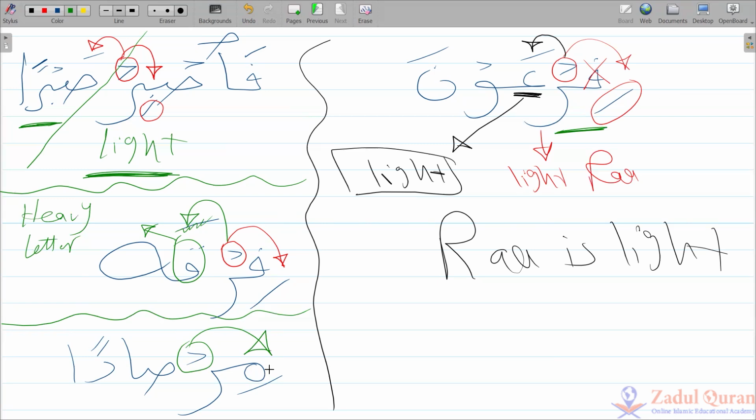The previous one has a kasra, but the next one in the same word is a heavy letter. So it becomes a heavy Ra. Mirsad, not light. It should be light, by the way. But no, this is an exception because it's followed by a heavy letter. This heavy letter, which is sad, makes the Ra heavy as well. Mirsad. You understand? مرصاد. Yes, alhamdulillah.